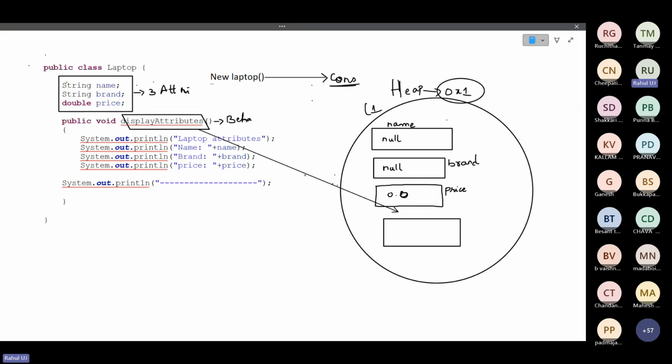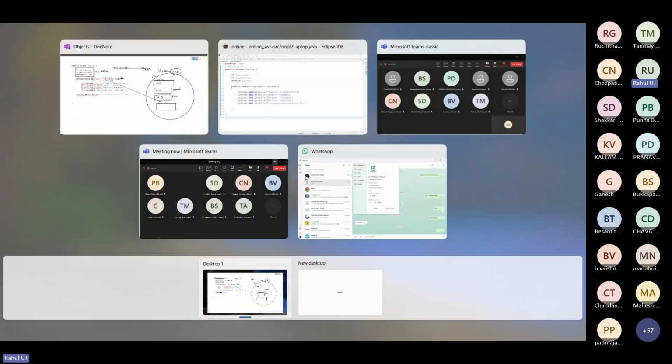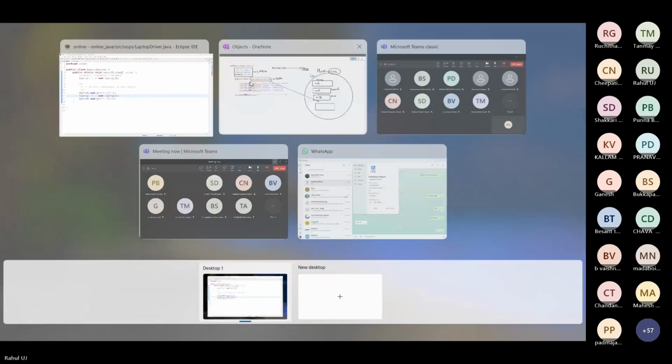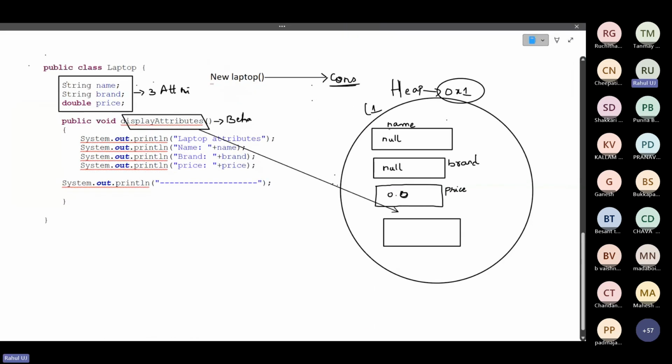In the same way, one more object whenever you have written L2, inside this L2 also, all these three will be loaded. Your method, all the non-static members, any non-static members you have, it will be loaded.